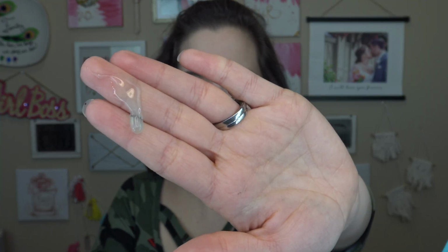It's definitely a liquidy gel formula that I'm going to rub on and then pat in. I don't know, patting it all the way in, I feel like I need to put it where I want it and then pat it. Maybe I'm overthinking this step a little bit, but it's feeling real tacky though. I almost feel like I could go in with just barely more, but